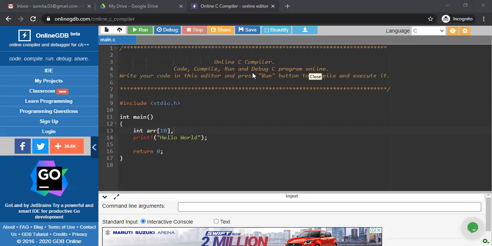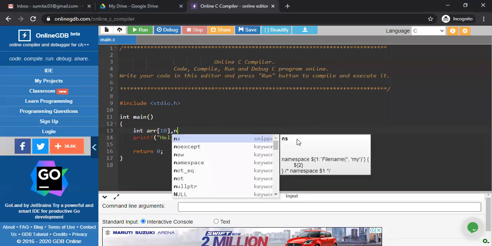When we write the program, we write it in a general way, so it is not predefined. We are giving the n value as user input. So we declare a variable n, and using this n, I am telling the compiler how many elements we actually have in our array.